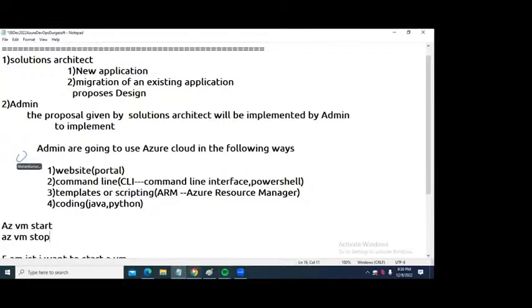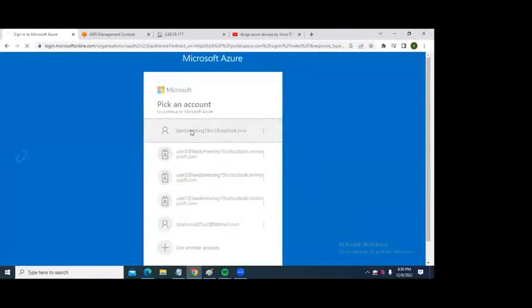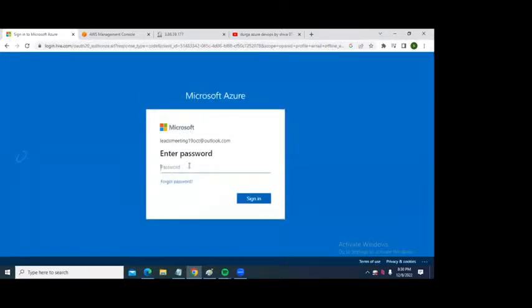Suppose let me do some activity from the portal. I will show how to create an Azure account also today, don't worry about that. This time I'm logging into my account.